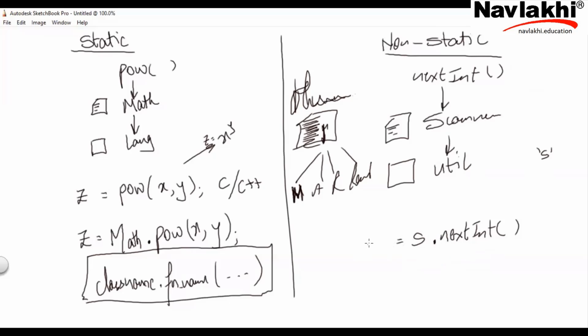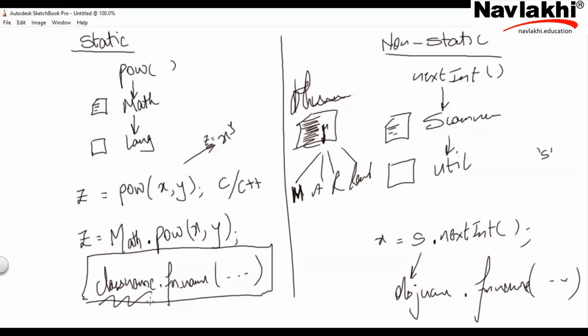Obviously, if that function returns something, we may have an LHS, that's a different story. But to call the function, now the format is object name dot function name, and whatever parameters, if there are any, depending on the function. So non-static and static calling sequence is very different.